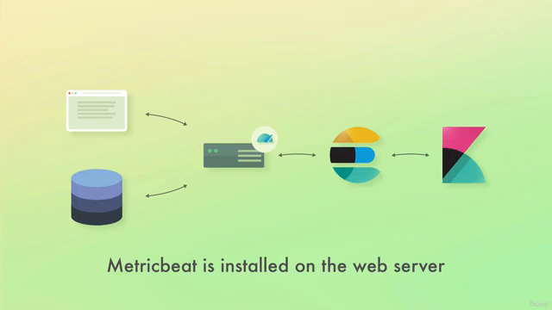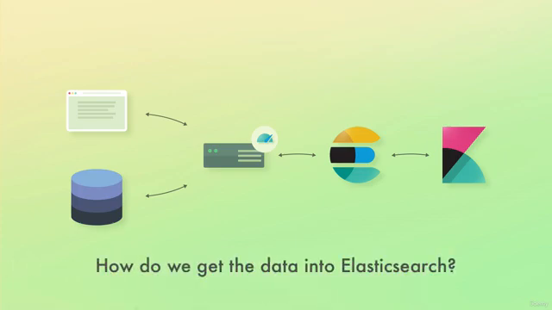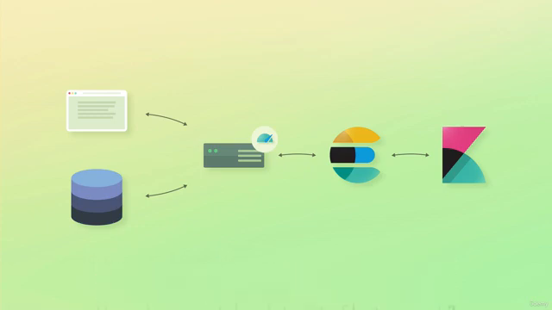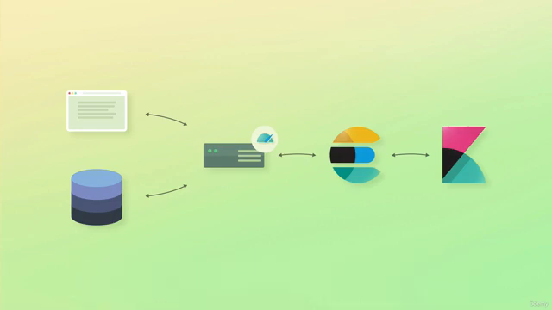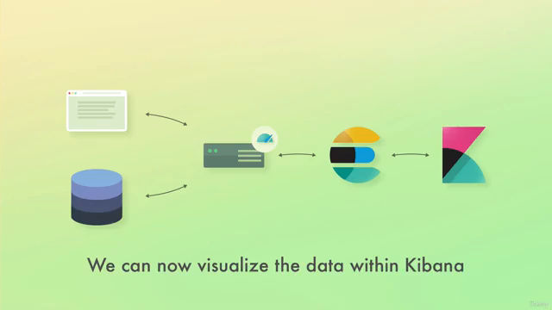So we start up MetricBeat on the web server, but how does the data end up in Elasticsearch? As you might remember from the previous lecture, Beats supports sending data to both Logstash and Elasticsearch. In terms of simplicity, we'll be doing the latter. What we'll actually be doing is to have MetricBeat send data to a so-called Elasticsearch ingest node. The details of this is not important for now, so don't worry about what an ingest node is for now. The point is that we can send data to Elasticsearch and we can perform simple transformations on our data in case we need to. Now that system metrics are being stored within Elasticsearch, we can visualize the data within Kibana.